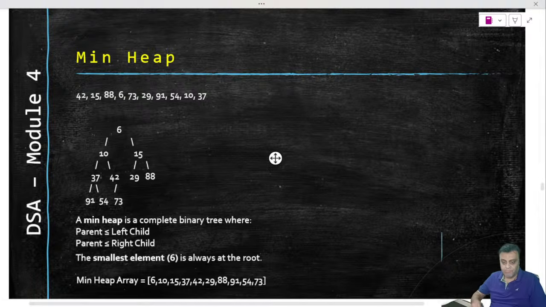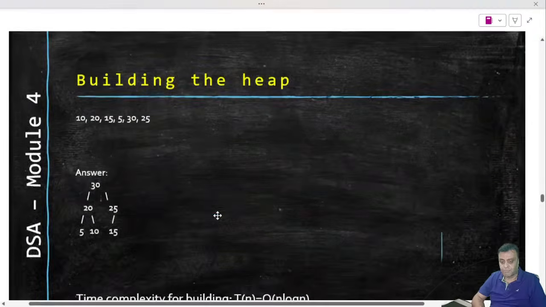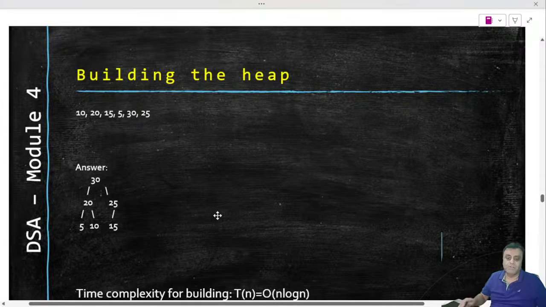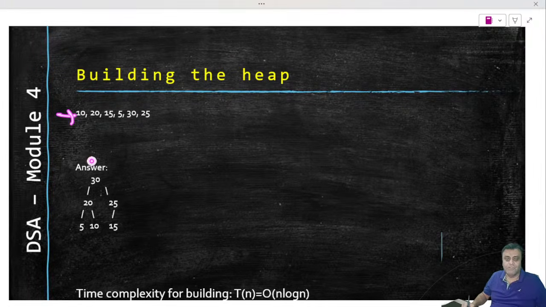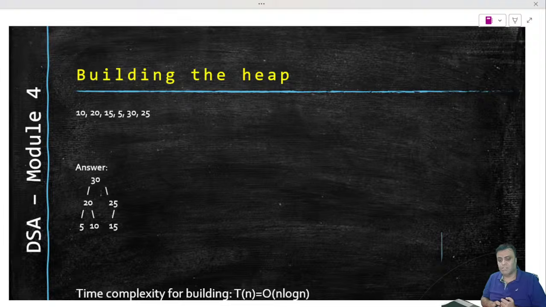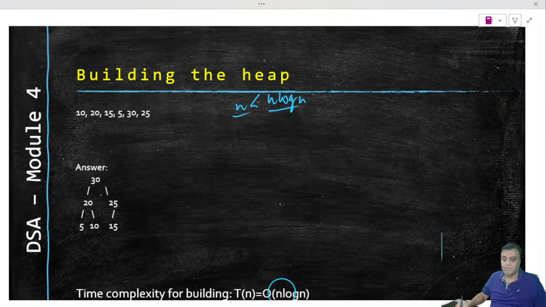Now let us try to figure out how you heapify a particular sequence. If this sequence is given to you, you have to heapify it, and how you do that is what we are trying to discover. So this is called the insertion process. Somewhere you will see another process where the complexity is n, but we are now going to talk of an order of n log n. I will not talk about the heapify process which gives you a complexity of n.